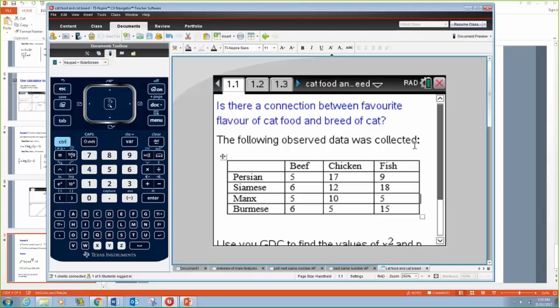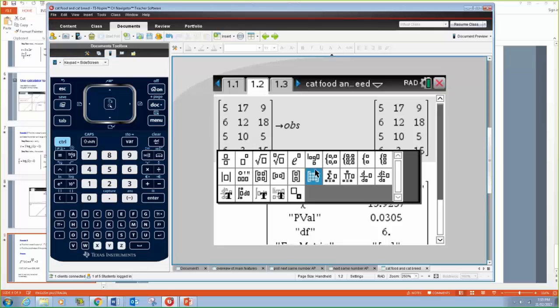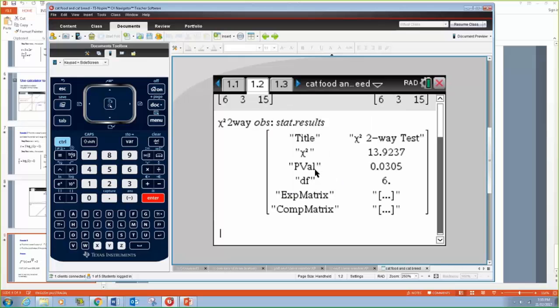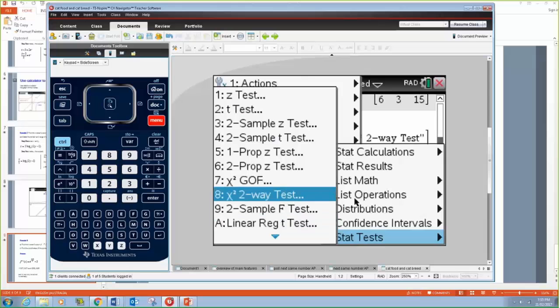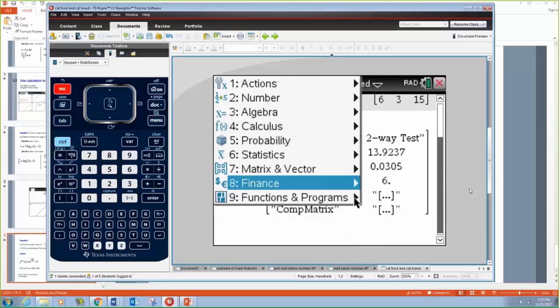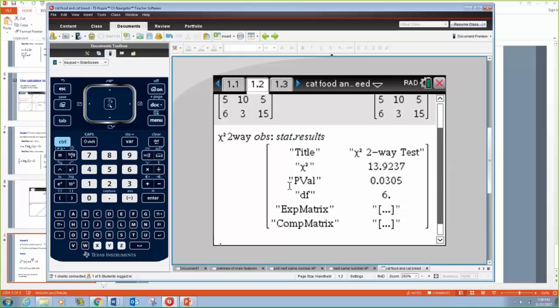A quick last one about the chi-square for studies, which of course is a very big thing for statistics. So using the chi-squared, using the matrix entry and saving, the matrix entry can be found here, and if we choose that, then it asks number of rows and number of columns. If we want to perform the chi-squared, we go to stats test, and we use two-way test, and just enter the observed matrix. So I have done that here, and as we can see, we get the chi-squared value, we get the p-value,